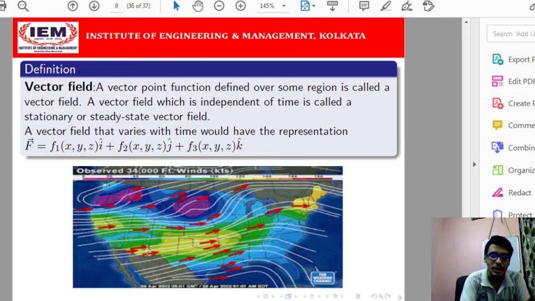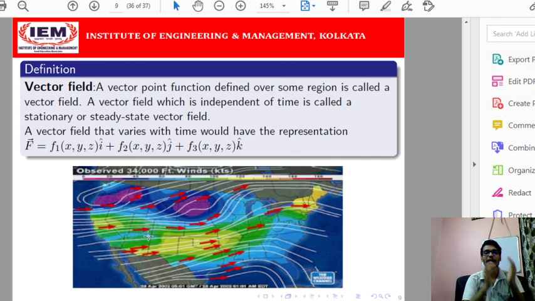That means I am varying the value of x, y, that is the latitude and longitude. If I vary the value of x, y, z, which is nothing but the coordinate of any point in space, then by defining that function, I can identify the value of the vector field that identifies the wind speed. At this point, this is the actual wind speed. I will get the magnitude by putting the values of x, y, z into the defined function, and I will get the direction of the wind at that point.